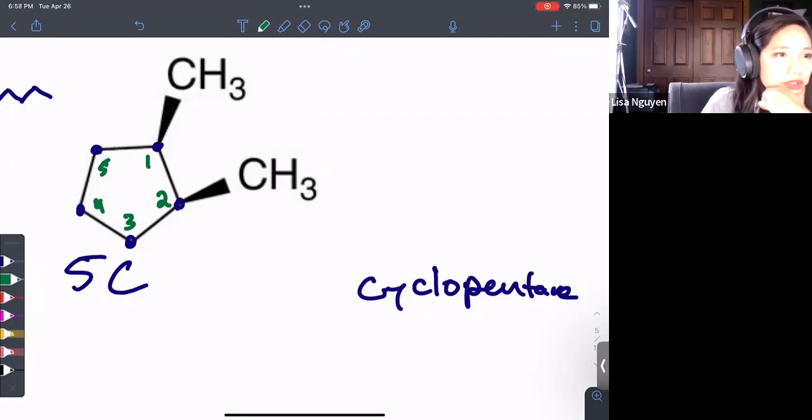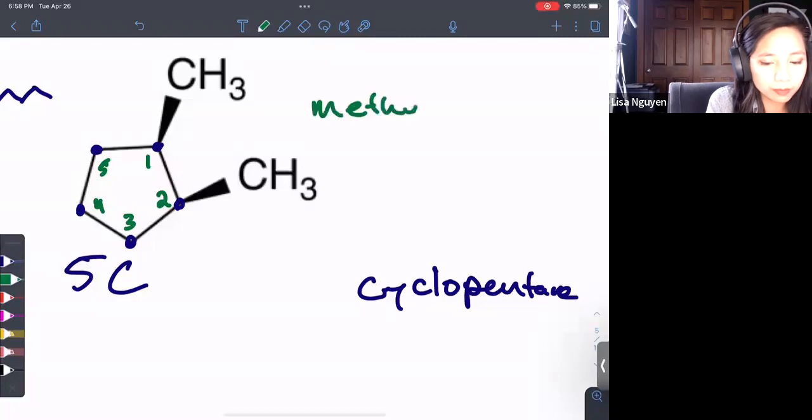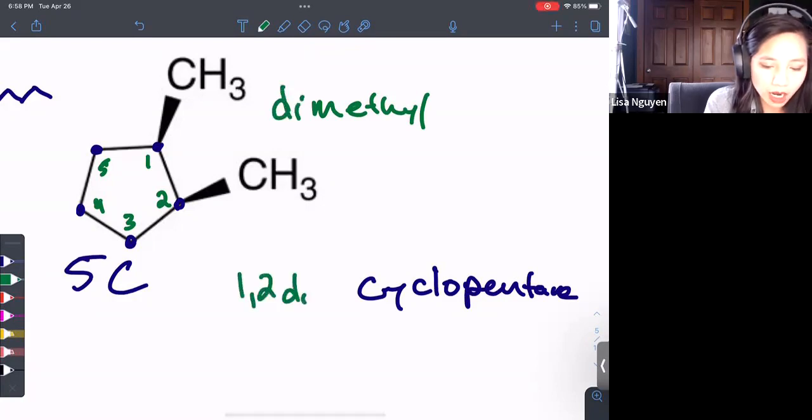Start so the numbers are the lowest. Both of these substituents are 1 carbon. 1 carbon is typically methane, but because these are substituents, we drop the ane ending and say yl instead. So these are methyl groups. There's 2 of them, so we call it dimethyl. So this would be 1,2-dimethyl